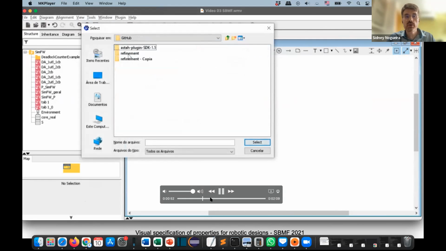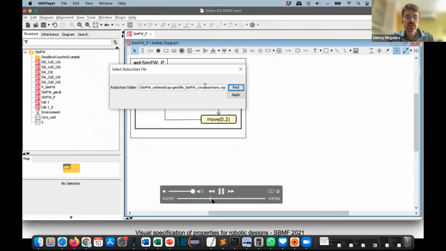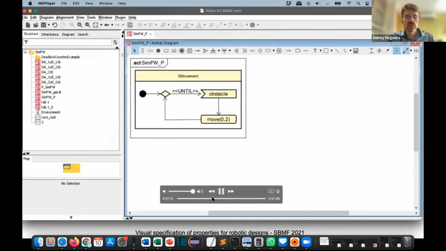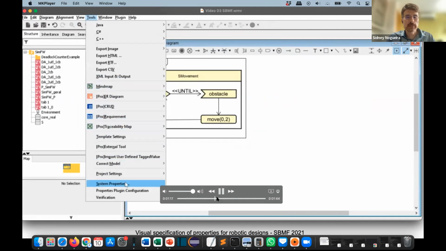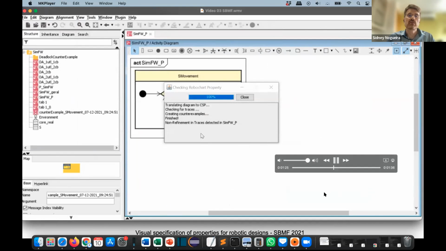What you have to do is select the file that represents the semantics for the model you want to verify. After you do that, you go to a menu of the Astah UML tool and press a button to check. In this case, we call FDR in the background.